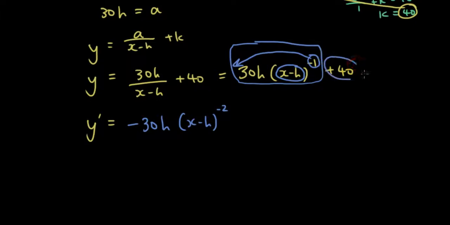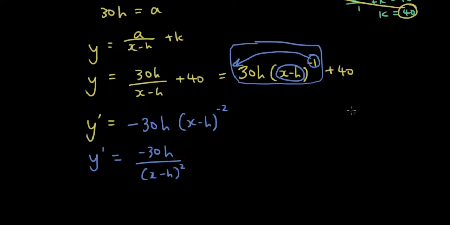And then this 40, if you differentiate it, it turns into 0 again, because a constant just differentiates to 0. So yeah, that's the derivative. So now if I rearrange that, I get y dash equals negative 30h over x minus h